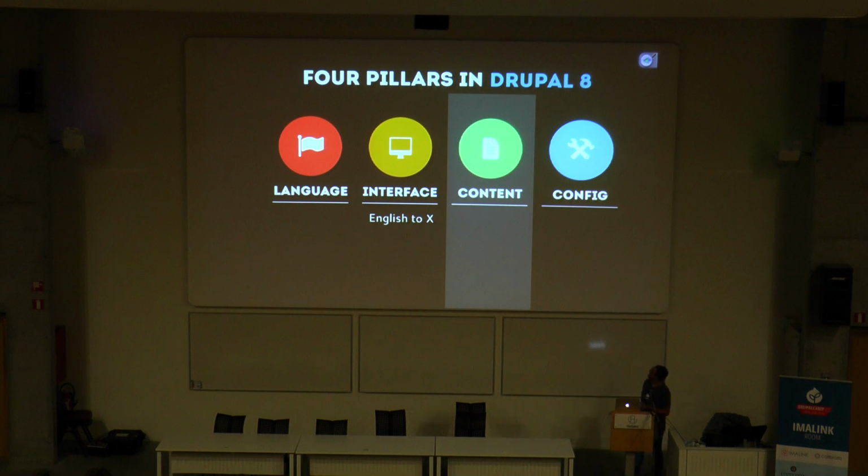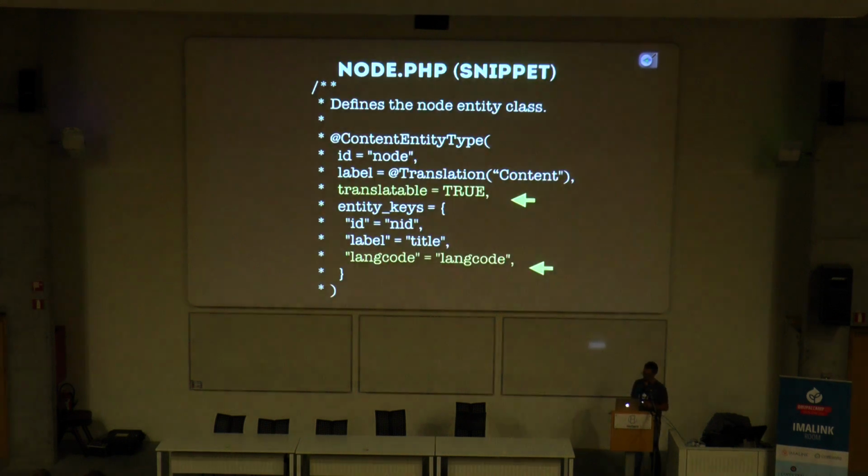So now we can translate our interface from English to whatever other language we have. We still have to write our strings in English in our code and our YAML files. The next step would be translating your content. So for creating your entities, you have